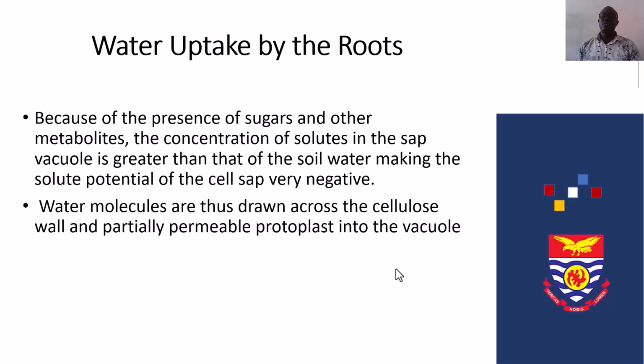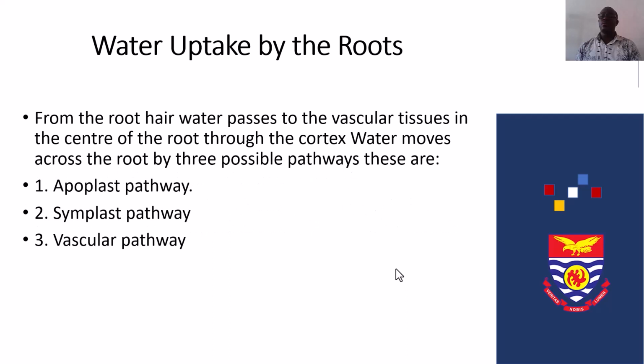Water molecules are thus drawn across the cellulose wall and partially permeable protoplasm into the vacuole. From the root hair, water passes to the vascular tissues in the center of the root through the cortex. Water moves across the root by 3 possible pathways, and these are the apoplast pathway, the symplast pathway, and the